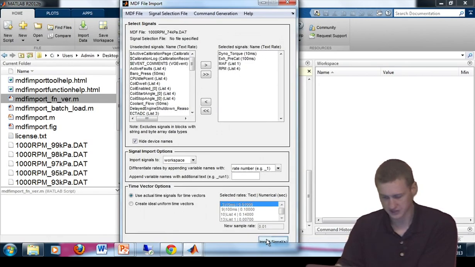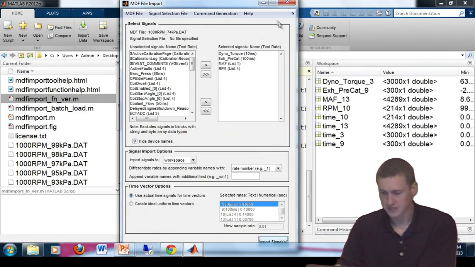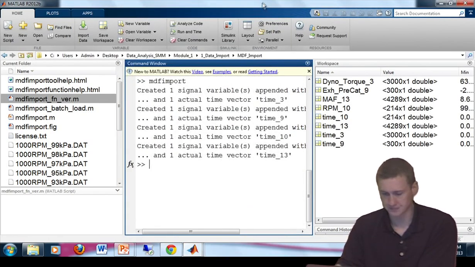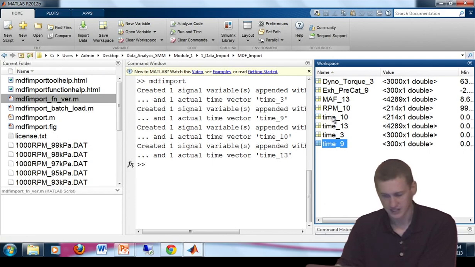Hopefully I clicked on import signals. There we go, and things show up. So here you can see I've got my 4 variables came in, and I've got my 4 time variables. Not really sure how it gets the numbers, time 3, time 9, time 10, time 13, but you can see the different sizes. So all 4 of those time vectors, although they span the same time, if I go over here and look at maxes and mins,